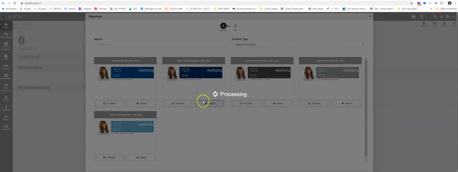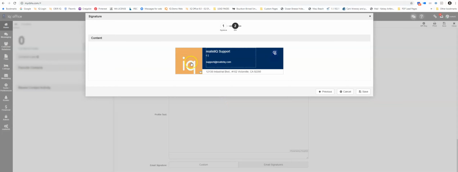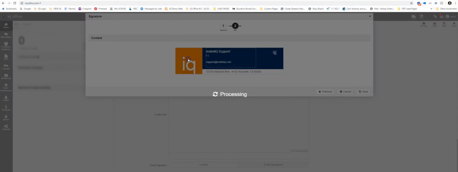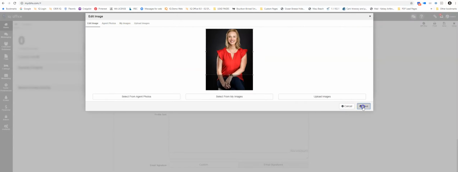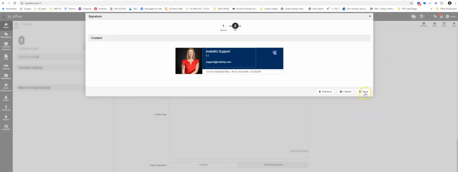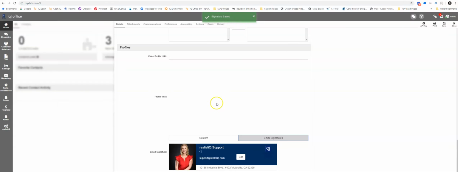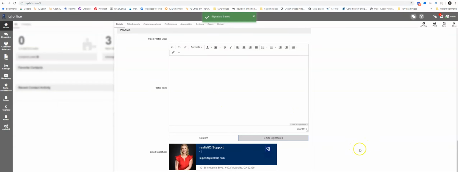You can go in, you can select that templated signature. It's going to pull in your information, your cell phone number, your email. You can edit the photo. Once you've made all your changes, you can click save, and it will automatically generate that email signature for you. So again, to get here, we went into our IQ office, we clicked on profile, and we edited our details